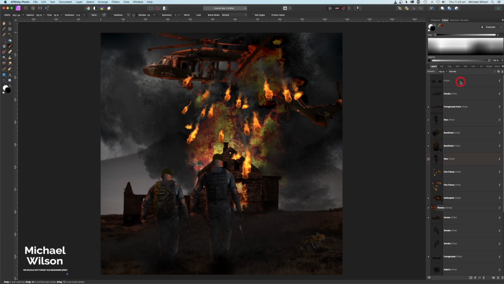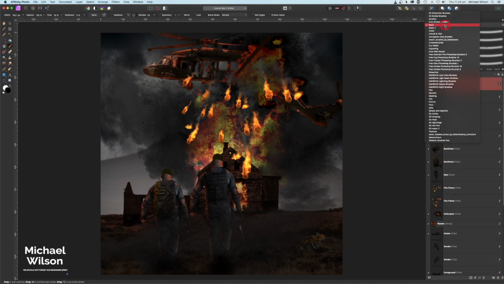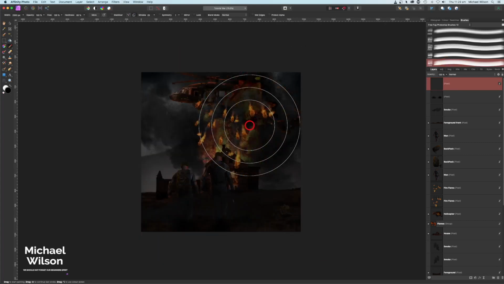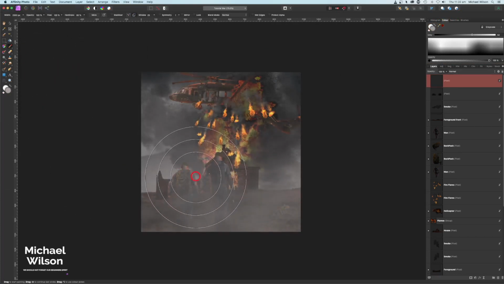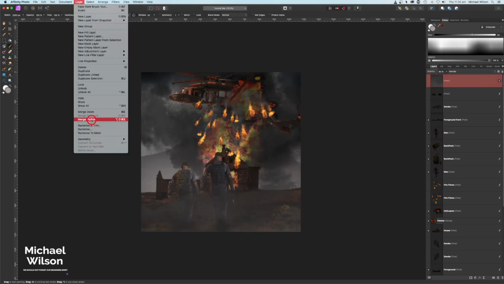The last thing that I will do is add another pixel layer. This one I'll just leave on normal. I'm going to grab my brush. You can just use a nice soft brush, but I've got these fog brushes here, so I might just grab one of those, maybe this one, making this picture a little bit smaller. Going back to that light grey colour again, might just add a little bit of mist over there, change it to about 50%, and now I'm going to come up to layer, merge visible, do